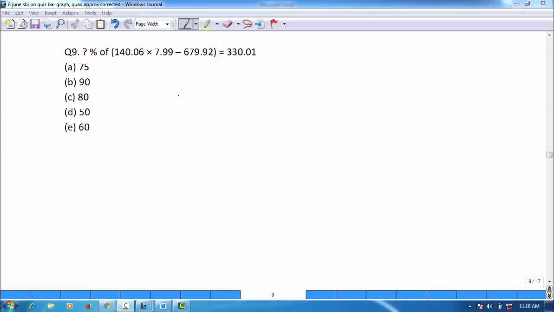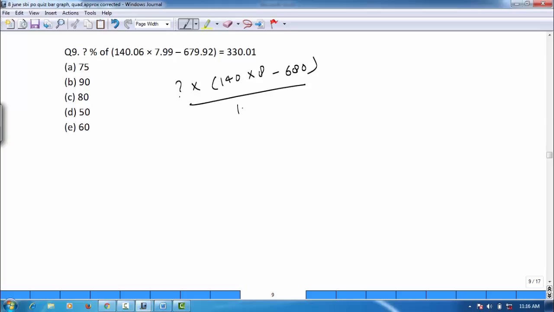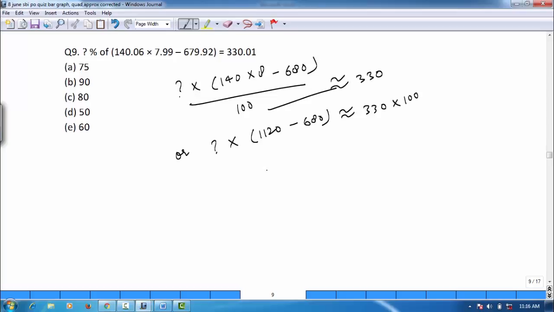So we can also write it as question mark into 140 into 8 minus 680 upon 100, because it is percentage, you have to find the percentage value of it, approximately equal to 330, or question mark into 1120 minus 680 approximately equal to 330 into 100, or question mark into 440 approximately equal to 330